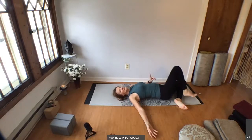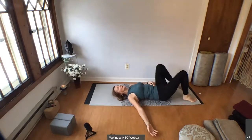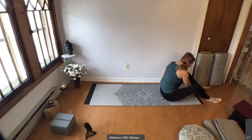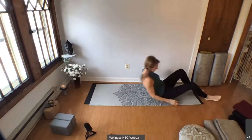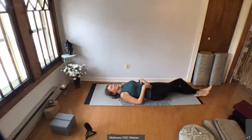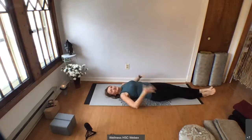And then let yourself very slowly return. Bring the hips back. Good. And stretch both legs in front of you. So this will be a nice opening in the front of the body, but especially the whole digestive system because